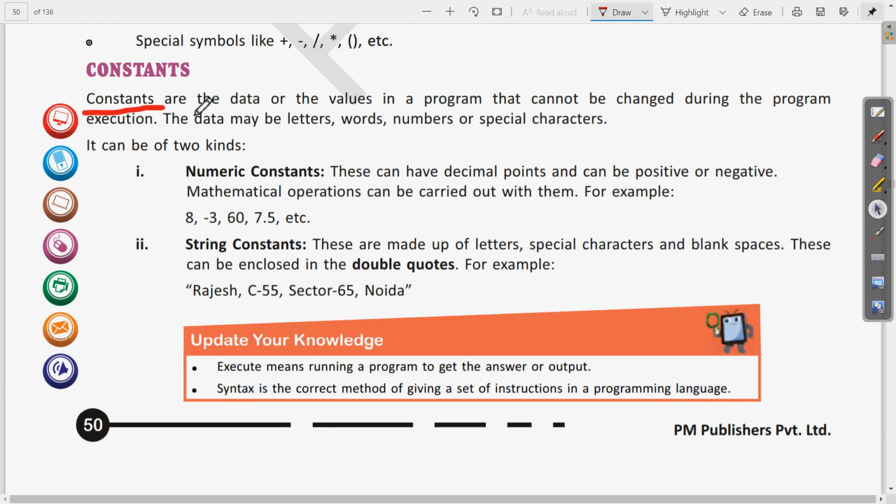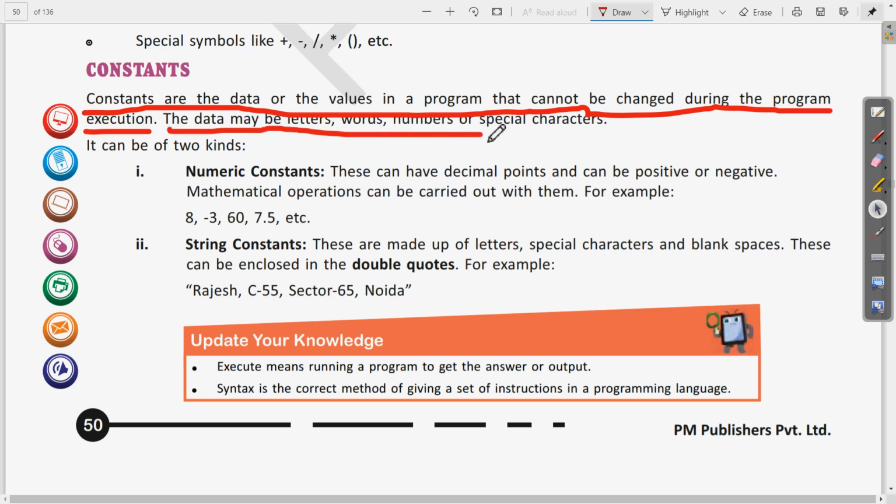Constants are the data or the values in a program that cannot be changed during the program execution. So this is the first part of the answer. Then the second part is, the data may have letters, words, numbers or special characters.